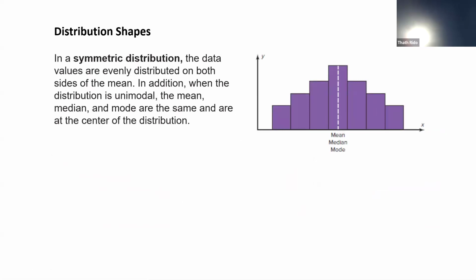So the shape is different from the previous two, left skew and right skew. So it is called symmetric distribution. The data values are evenly distributed on both sides of the mean. In addition, when the distribution is unimodal, the mean, median, and mode are the same and are the center of the distribution. So if our data is distributed this way, it's called normal distribution, or it means that there is no problem with the data. So the mean and the median and the mode should be the same in the perfect